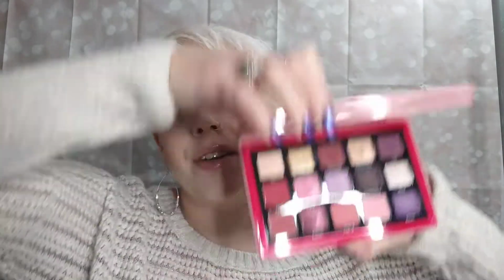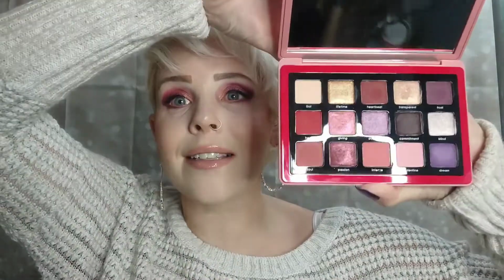So the palette that I have on my eyes today is the Natasha Denona Love Palette. I put out a community post saying that this palette was on sale at Sephora for $32.50. I was able to snag this. I got some sort of discount on top of that, and I don't remember what it was, but